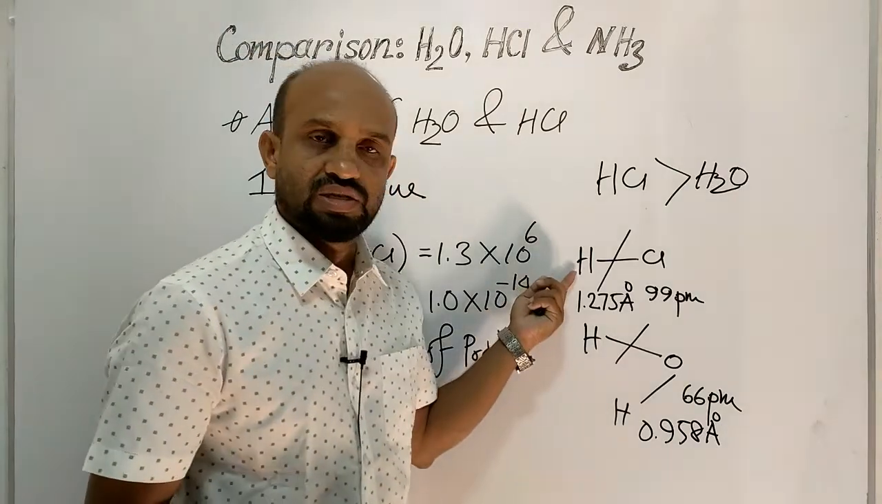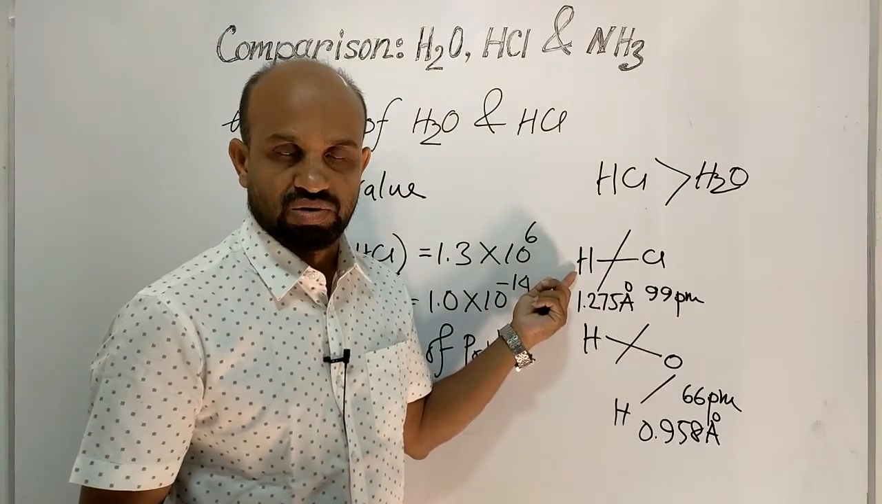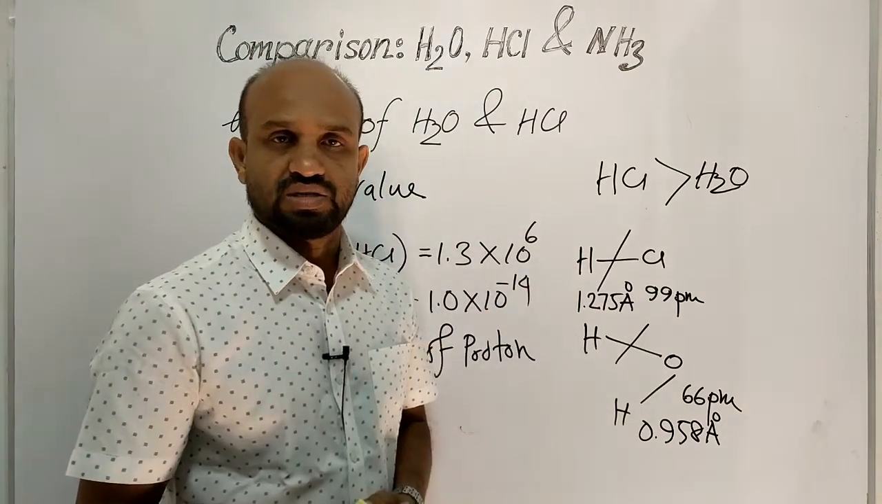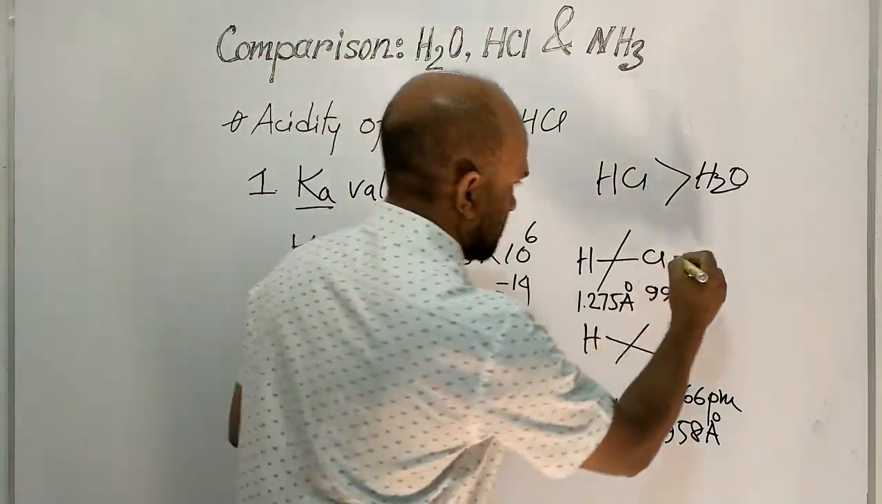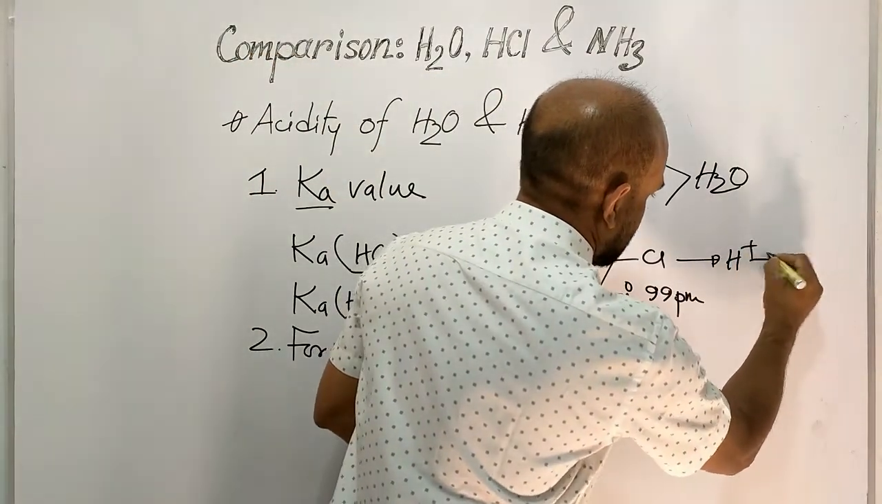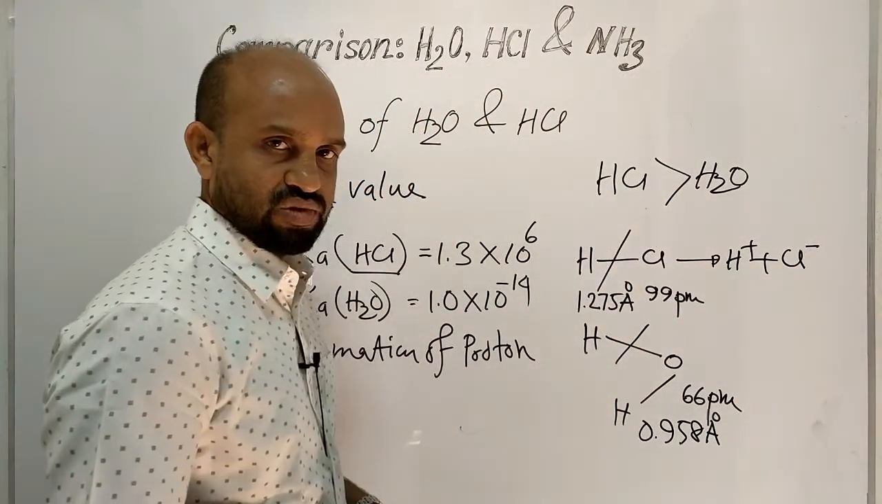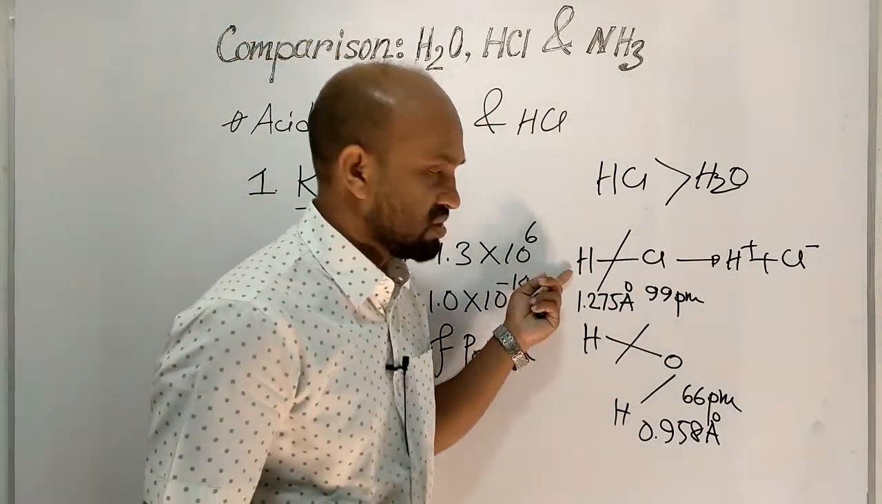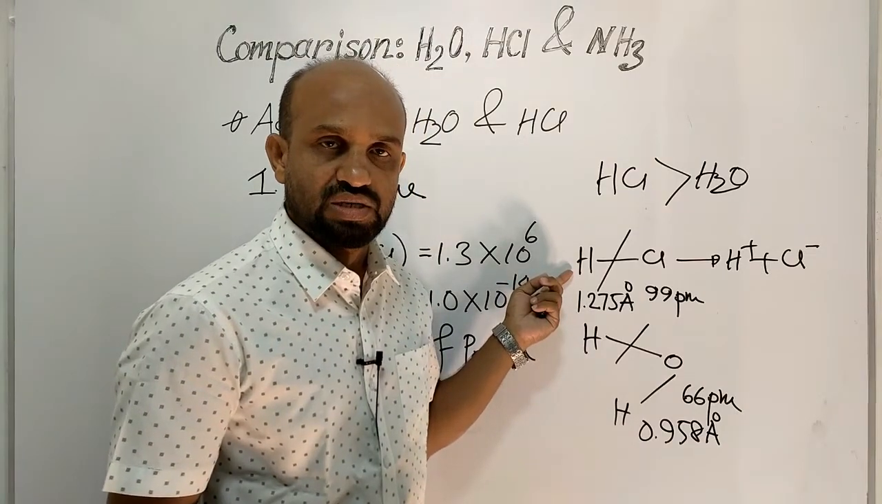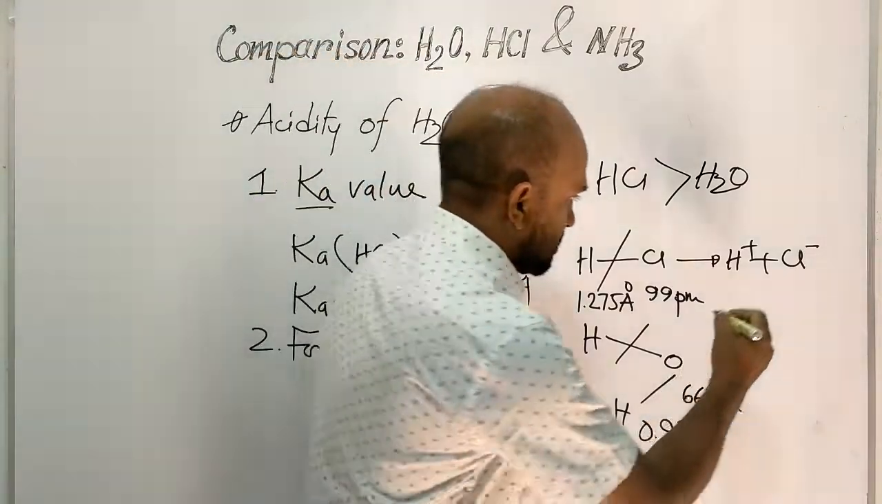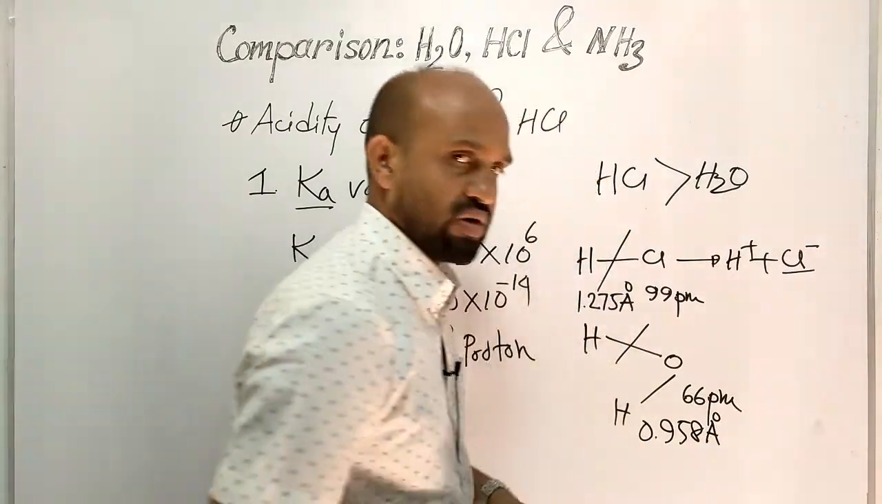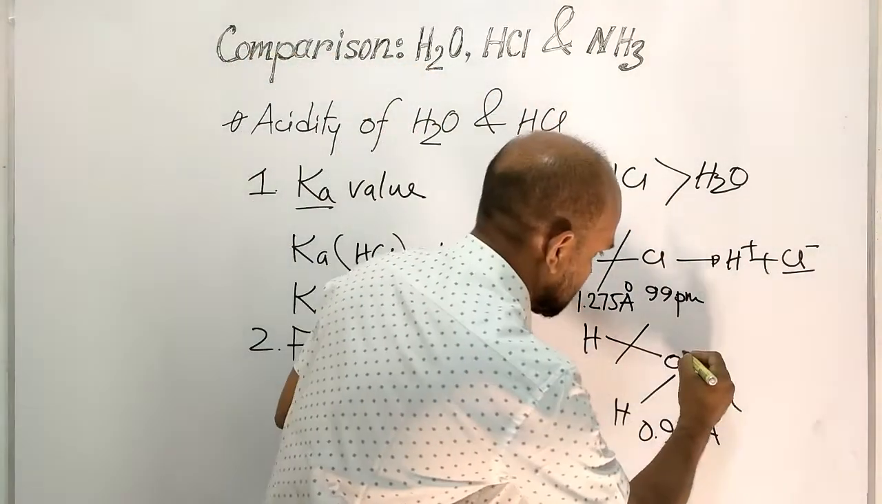Since this is the longer bond, it breaks easily and proton and chloride ion are formed. Since this bond breaks easily, it becomes stable. But in this case,